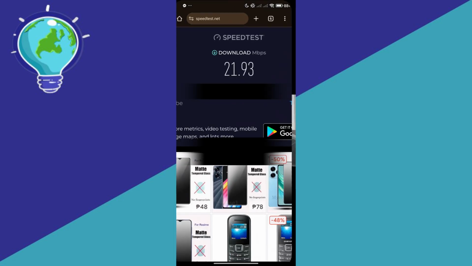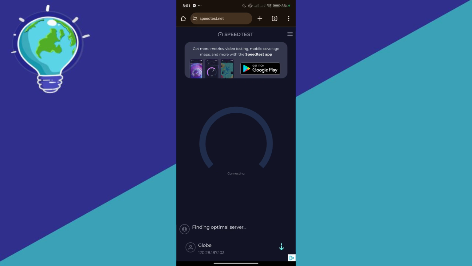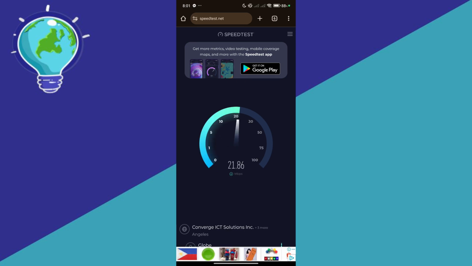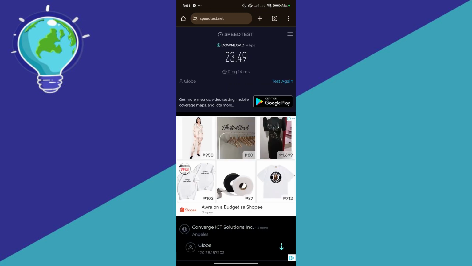And we're going to check our internet speed again to see if anything has changed. As you can see, give it some time here. And it did not really have much effect on my Wi-Fi, or actually it did get a tiny bit faster, although it's jumping. But the Wi-Fi I'm connected to is actually an extender, so I'm not really sure if this is the best Wi-Fi to test it on. But anyway, try it out on your side and it might improve your internet connection on your Android phone.